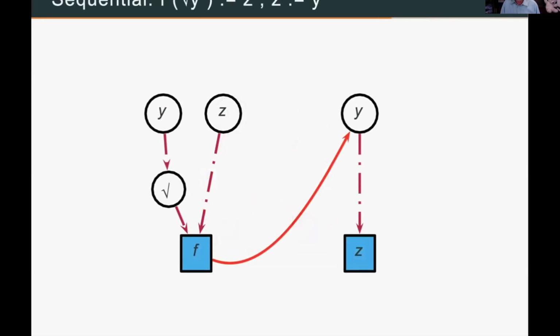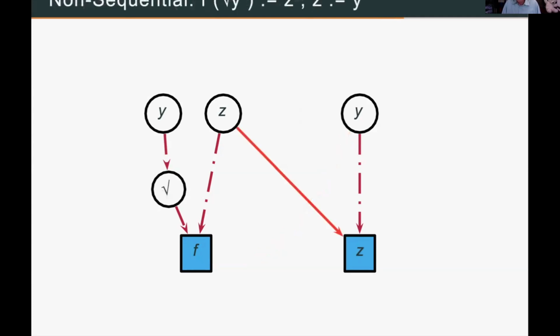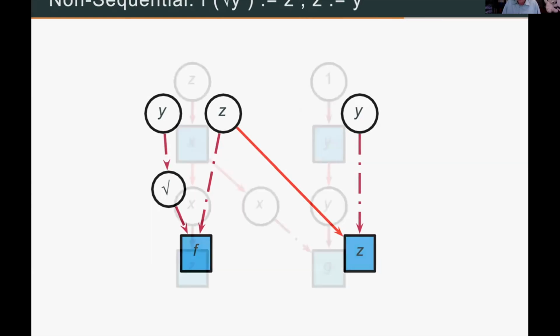Okay, to do things sequentially, like to do the thing on the left before the thing on the right, we can just draw a control arrow from the writing to f to the reading of y. And then we have no problem. These things won't conflict with each other because they happen sequentially. But we don't really need the whole first assignment to precede the whole second assignment. The only problem here is that the value of z that's being used by f shouldn't be changed before the assignment to f. So the only imposition of order we need here is that the read of z precedes the write to z. So the arrow only needs to go from z to z.